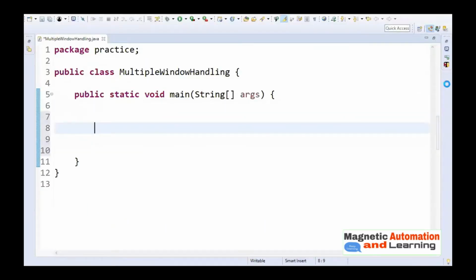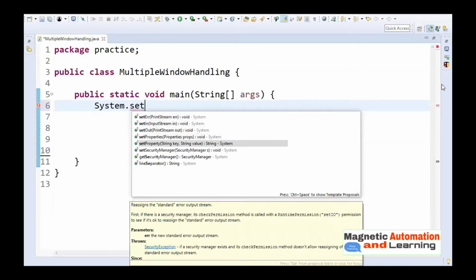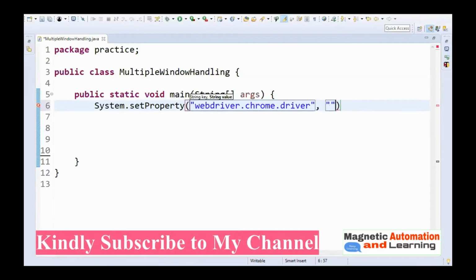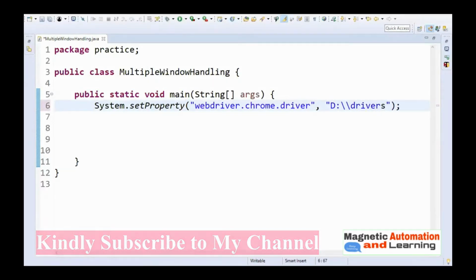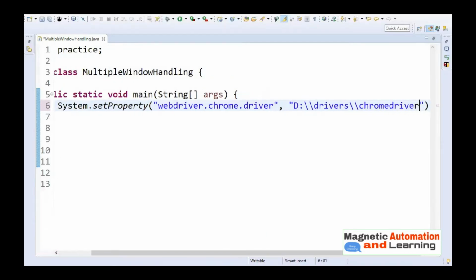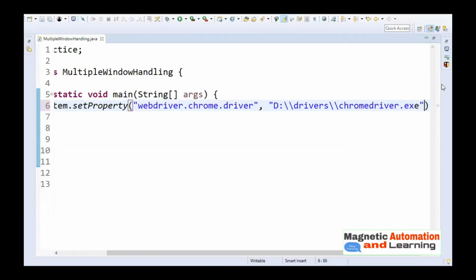The very first thing that we'll do is start a browser. How to start, everybody knows. System.setProperty will help you set the path of my executable driver, and here I need to mention webdriver.chrome.driver, and in the value I need to pass the path of my executable driver, which is inside my D drive, in a drivers folder, chromedriver.exe.